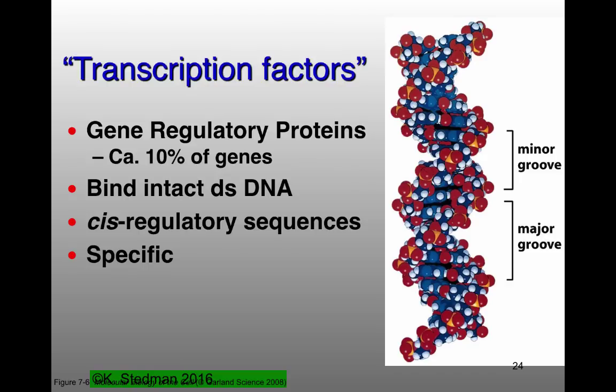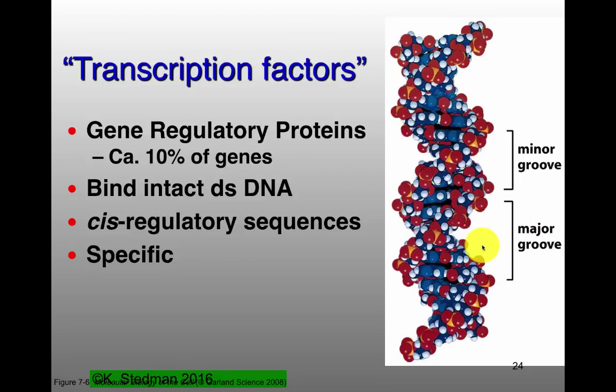So how do most proteins interact with DNA? They're going to mostly interact in the major groove of DNA. So here, the major groove of DNA. And very often, it's going to be one major groove, and then the next major groove, one turn of the helix separated from each of these. And this is very often dimers, and we'll talk about some of those dimers again here in just a second. So these DNA binding proteins interact in the major groove of DNA.